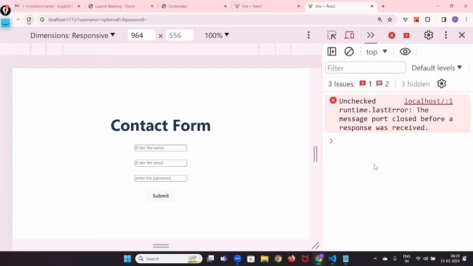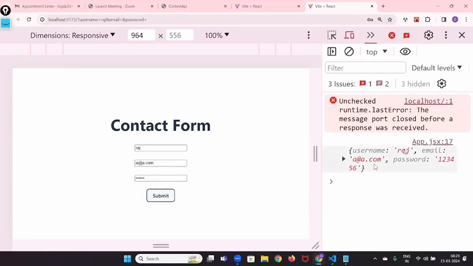In real scenario, you will send that form details to the backend, because backend people will register. Imagine it's a contact form, or a registration form. Whenever you write something, Raj, I entered a mail, a@a.com. Okay, password 123456. Now see,